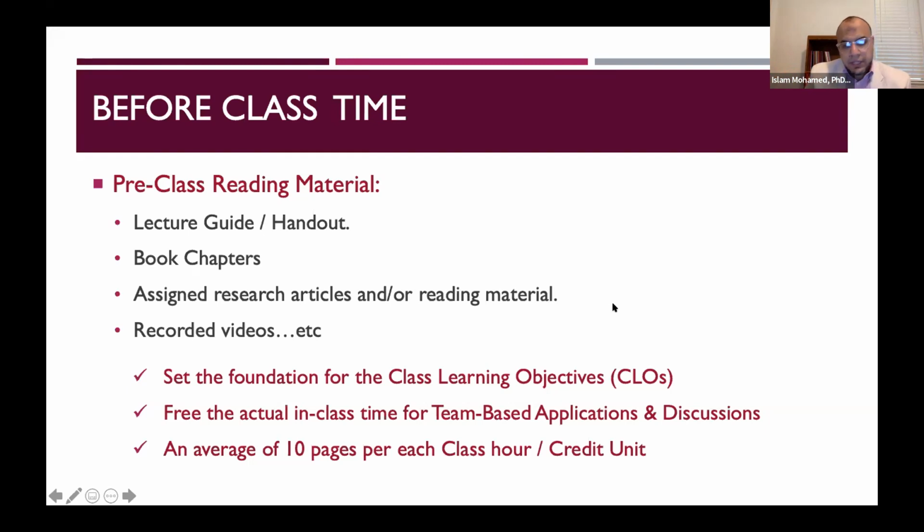And it depends on every instructor and every style. In our system, for example, we have a general recommendation of around 10 pages per class hour or credit unit. So for example, if you have a 3-hour class, ideally you should assign reading pages to be around 30 pages total, in order to be comparable and also